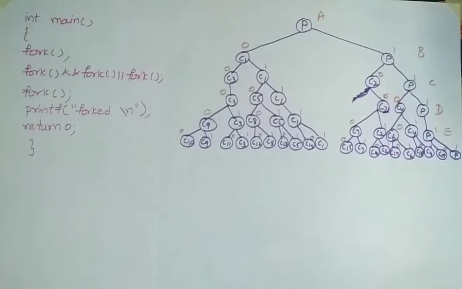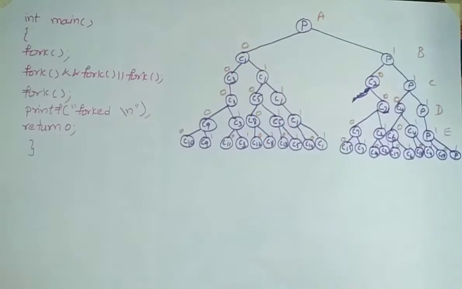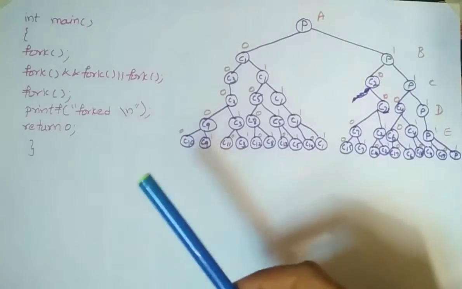In this video we are going to discuss a fork example. This problem is taken from a previous GATE paper, and in this video we are going to solve it. Generally, we know that fork is nothing but creating a child process, right? A particular fork operation will create a parent and then the child process. If you want to know about fork in detail, please watch my previous videos.